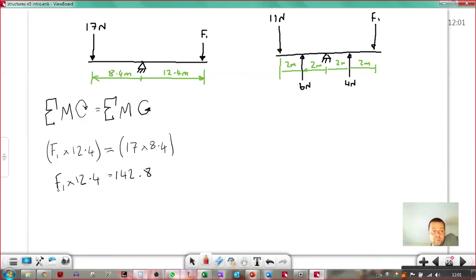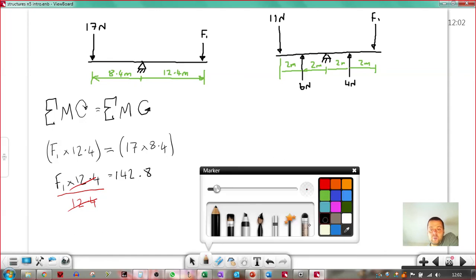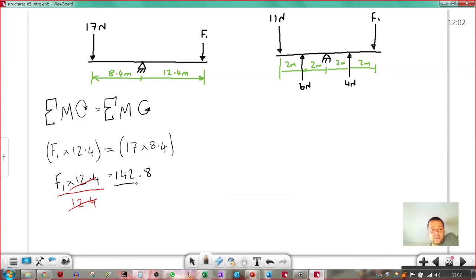If a number is multiplying on one side, you can just delete it from there and it will show up as a divider on the other side. The other way to think about it is I'm just going to divide both sides by 12.4, knowing that that will cancel out, leaving F1 on its own on that side. But whatever I do to one side of the equation, I have to do to the other side of the equation. So I end up with divided by 12.4 on that side. So F1 equals 142.8 divided by 12.4, which equals